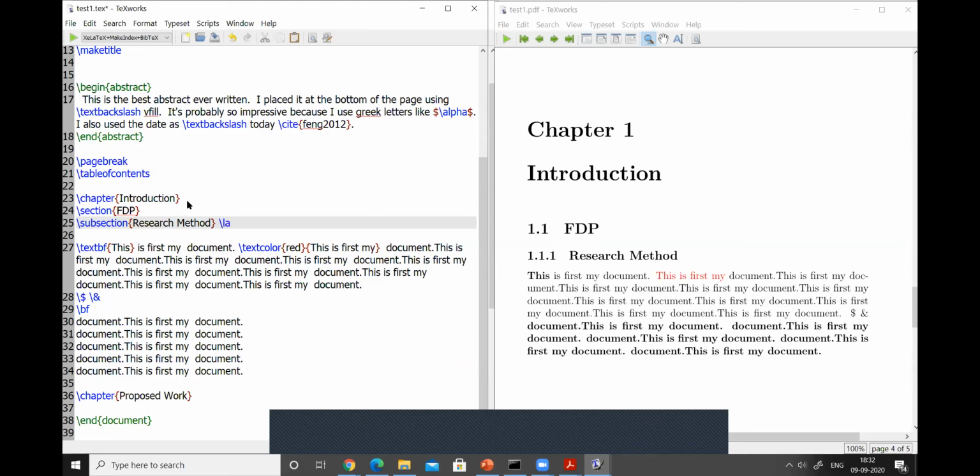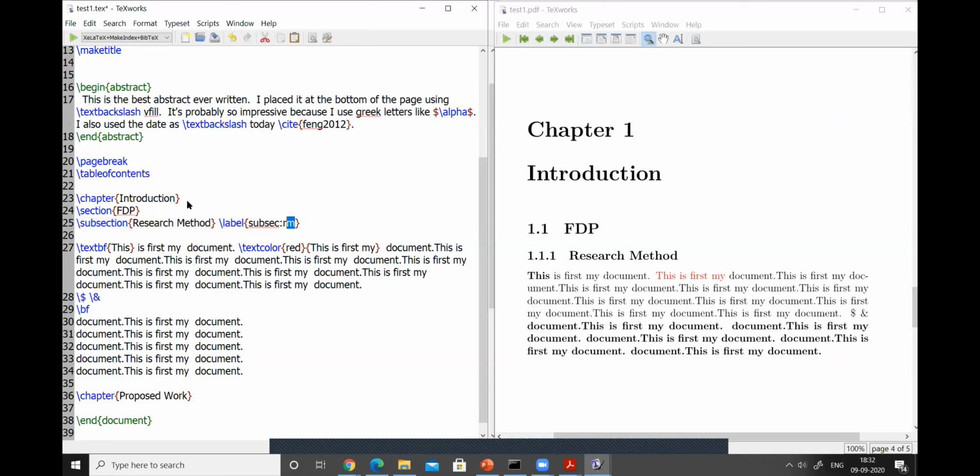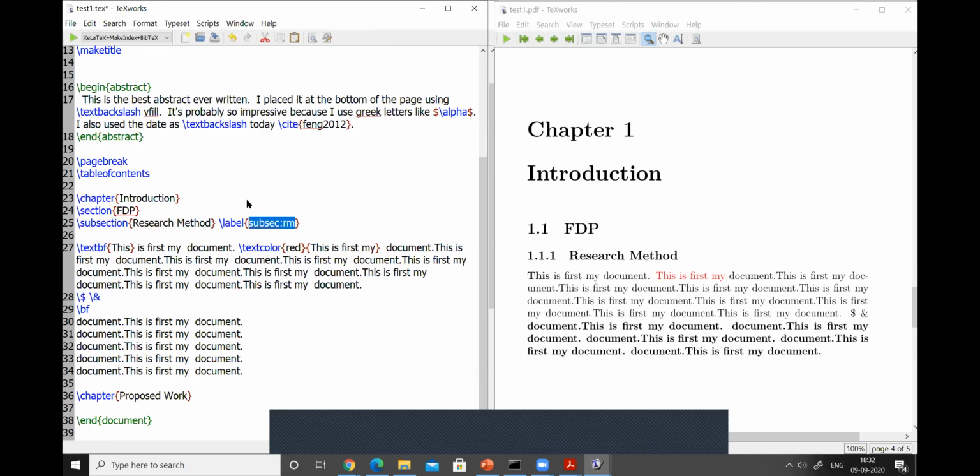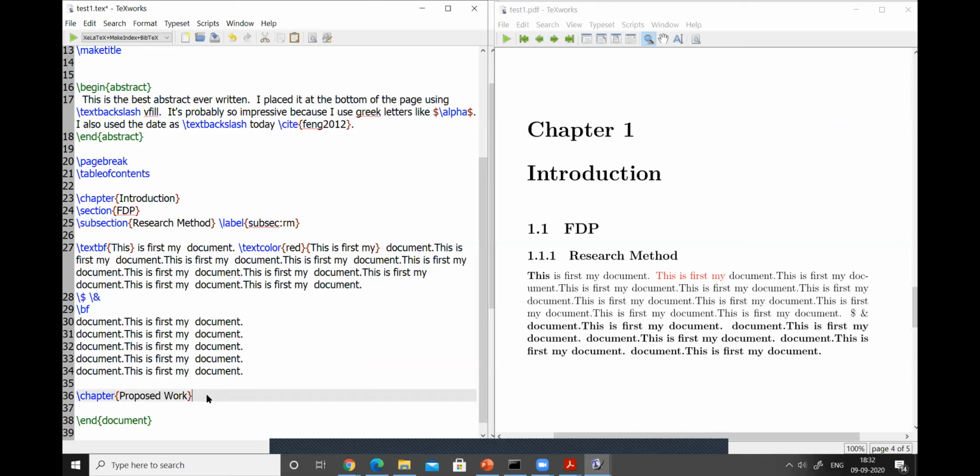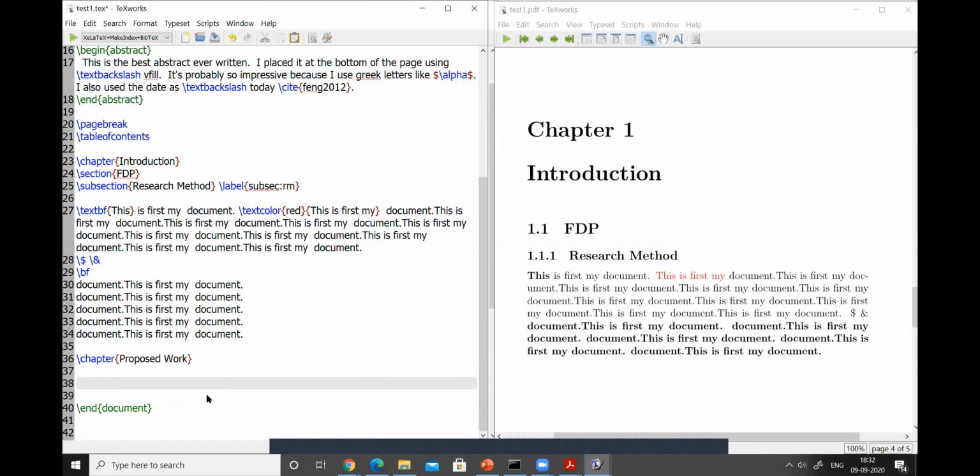Suppose I assign a label to this research method by giving it a name in the subsection, and you can write here the RM, short form. So this string may be anything, it is a unique key. So I provide a label to this subsection, and suppose this label is going to be used in some other place in the document. Suppose in chapter 2 I am going to cite this label. Okay, so I write here, for more information